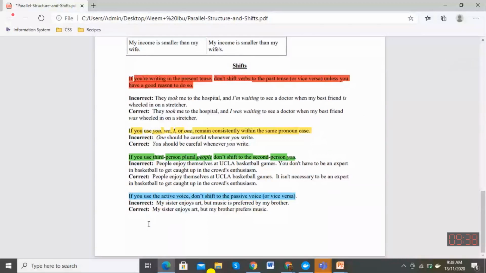cannot shift from the past to the present or the future, remain to one. You cannot change your pronoun from you to one to you, or something else, or you cannot change from third person singular to the second person singular. You should avoid all these things. You should avoid active to the passive or passive to the active in one sentence. Though tenses and voices should be avoided in one sentence. It could be used according to the requirement of the sentence, but in a new sentence. Is that clear? And one more thing, we use